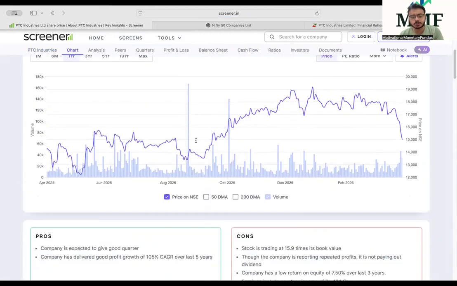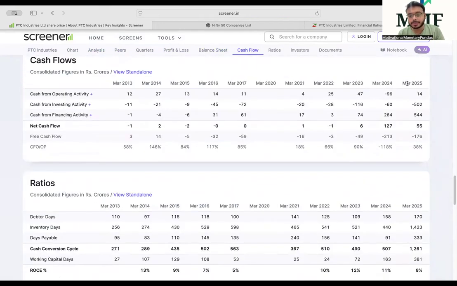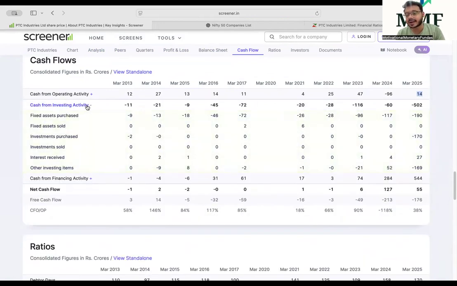हम पीटीसी इंडस्ट्रीज पे आते हैं जो थोड़ा एसेट हैवी इंडस्ट्री है. ठीक है, यहां पर मैं देखूंगा मेरा कैश फ्लो फ्रॉम द ऑपरेशंस 14 करोड़ का जनरेट हुआ है. Investment activities, assets purchased 190 crores. My 14 crores are not enough. And that is the reason in your asset heavy industries, the capex driven industries, cyclical industries like PTC Industries or defense, aerospace, metals, cement, infrastructure, capital goods, real estate, your cash flow might be less. Your cash flow from the operating activities might not be sufficient enough to pay for the capex.